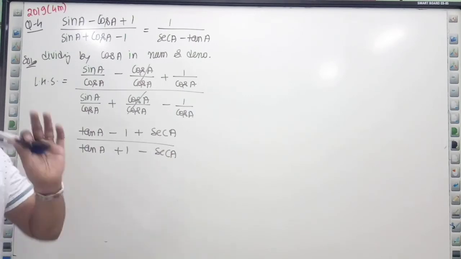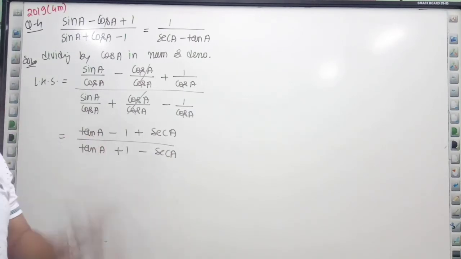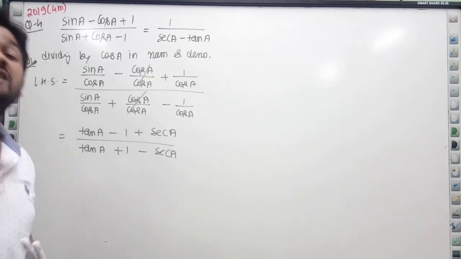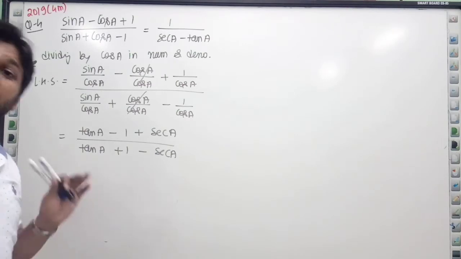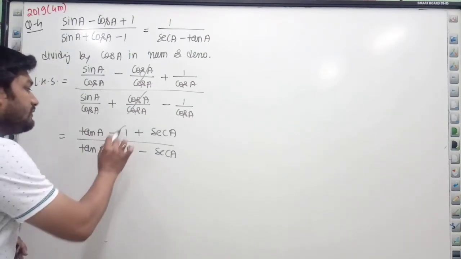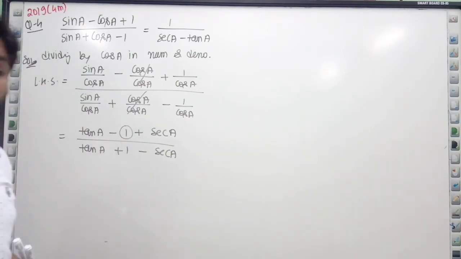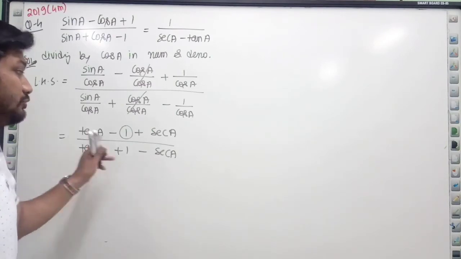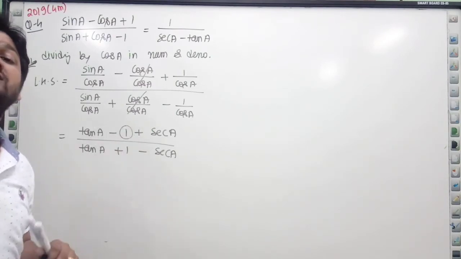In a 3-term question, you always divide by sin theta or cos theta. Here I have divided by cos theta in the numerator. And the second step, which is the deciding step of this question, is what? In the numerator you will have a 1. Put in the identity related to the terms. We have tan and sec.